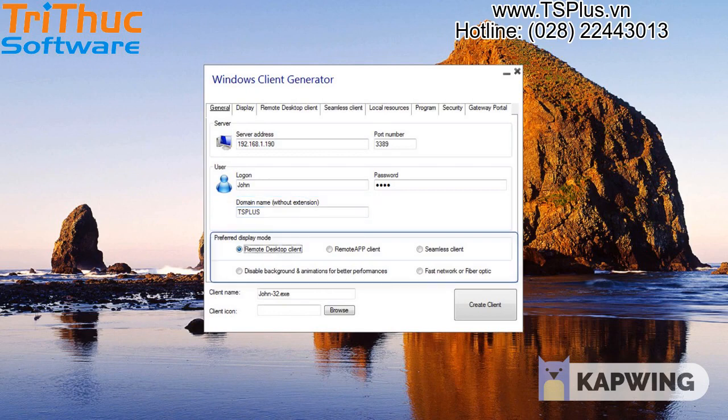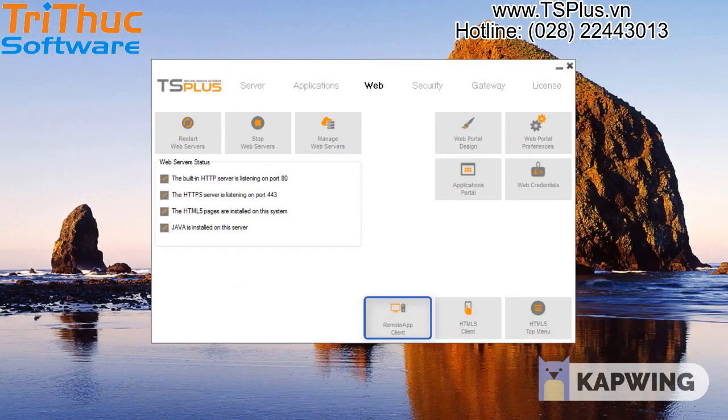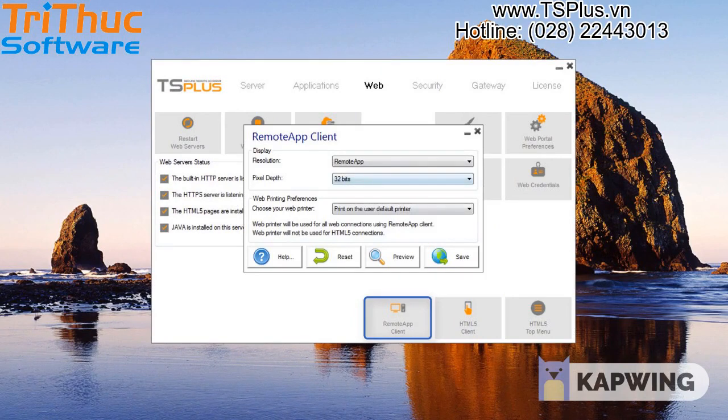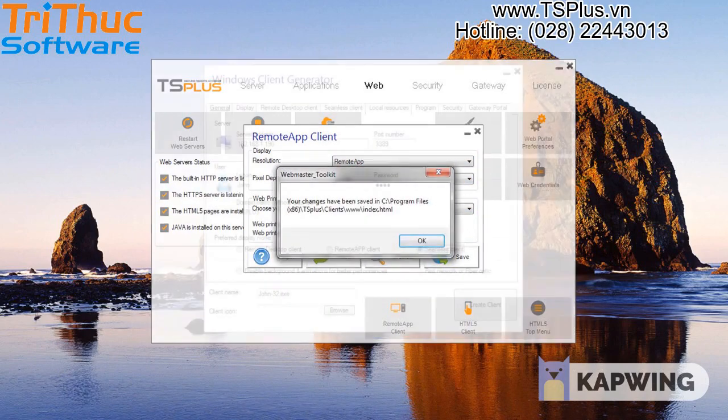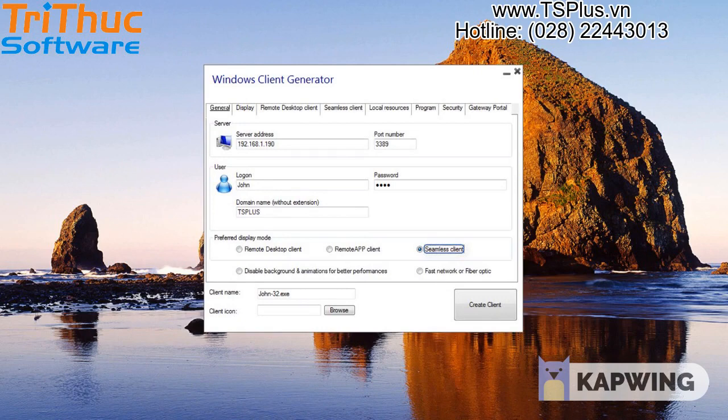Preferred display mode. You can choose your preferred display mode from the following options. Classic Remote Desktop, which uses the classic Microsoft Remote Desktop to display your remote session environment. The Microsoft Remote App Connection Client, for displaying your remote applications as if they were installed locally. You can change the Remote App Client display and printing preferences on the Web tab of the admin tool. The Seamless Client works the same as Remote App, but for older versions of Windows, such as Windows XP and